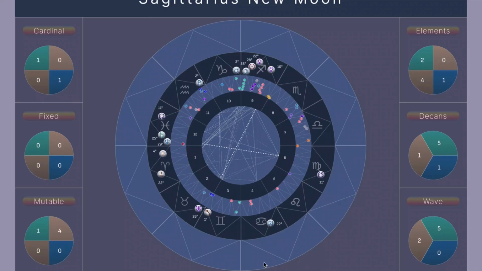I know it's kind of busy, but it incorporates this idea of wave patterns at 3 levels, which I really like. So here's the phase level wave patterns, that's this outer wheel, and then we have the sign level wave patterns, that's this middle wheel, the black wheel, and then there's the decan wave patterns here, and that's the 3rd wheel in. So phase wheel, then black sign wheel, and then another blue decan wheel, and then the house numbers, and then the aspect circle where I draw the lines for the aspects.